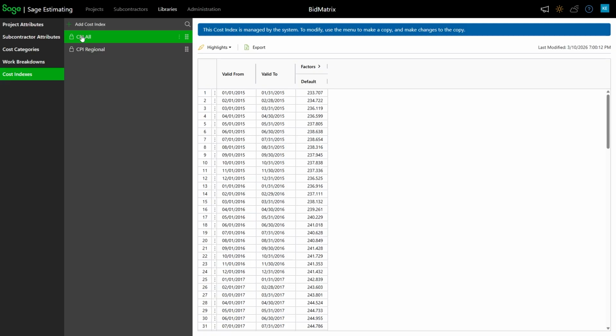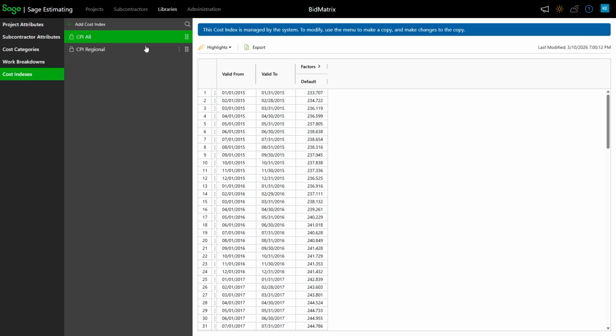I think one of the samples showed a 3.4 percent increase for what they had bid, making it more relevant to today's time. That's where these CPI tables come into play, so I can build whatever cost factors I want to have going forward.